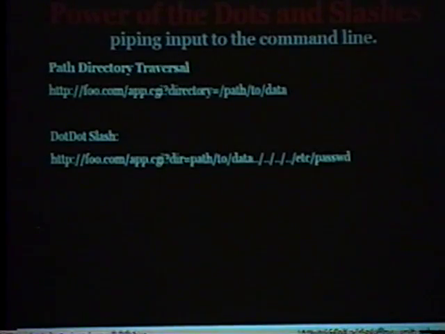So, the power of dots and slashes. We'll start off with the example above. We have the directory, which equals path to data. It could be a whole lot of different things. This is a classic parameter path traversal. You use .. which is available on many systems, you just change the path. You just .. back up to etc password, and it'll give up the password file to you. This is not limited to the password file, because most systems are shadowed, but you can get any file you have permissions to get. You might even be able to get the source to other CGI programs that are actually SUID.